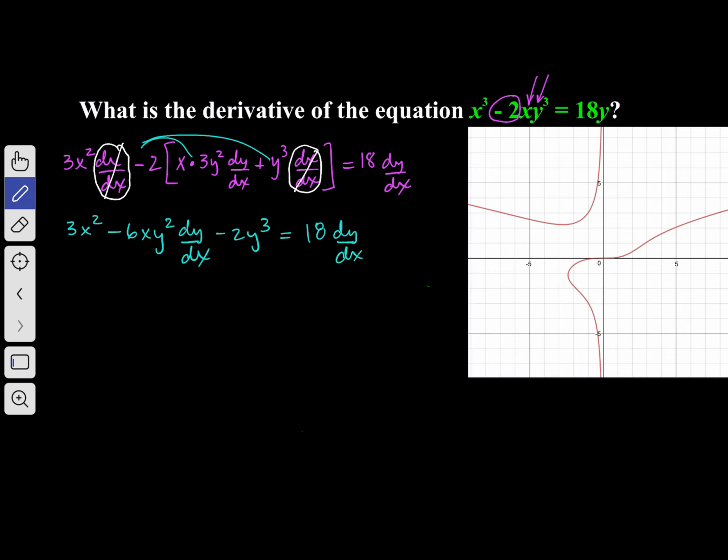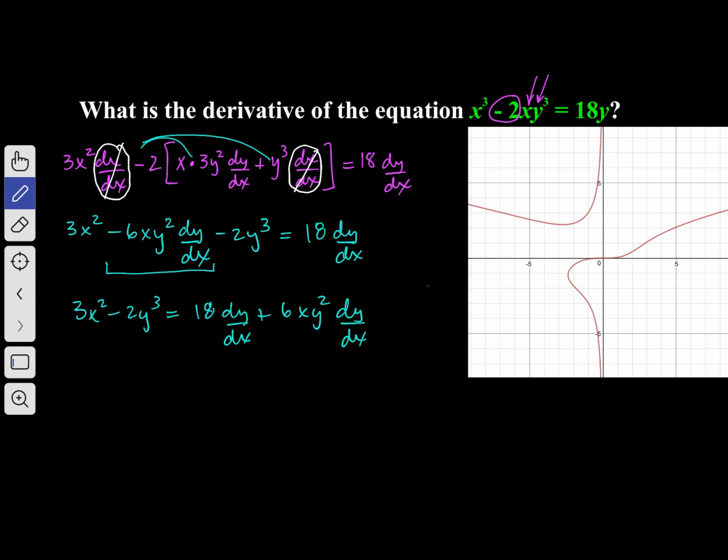All right, so that's all I can clean up. Now let's isolate the dy/dx. I'll go ahead and move this term to the right to make it positive. So I will have on the left 3x squared minus 2y cubed is equal to 18 dy/dx plus 6xy